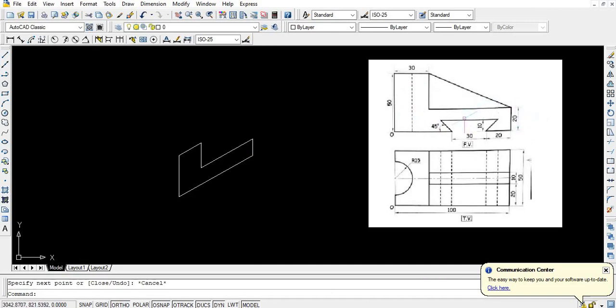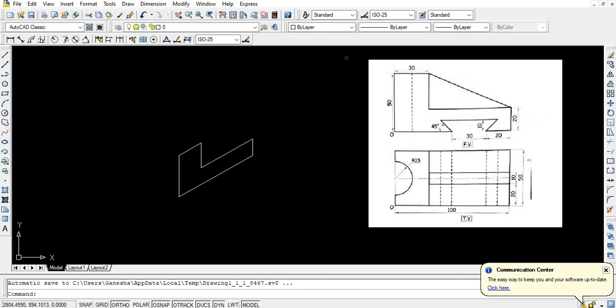Now in this L shape you have to cut this part. Now how to cut this part? So I will explain this part later, how to draw this part, because for this part you have to draw it outside by using the orthographic method. You have to find this distance. This distance is 30 degree, but you don't know this distance from this point to this point. So to find this distance we have to draw it by the conventional method, or by the orthographic method, and then we have to find out the distance.